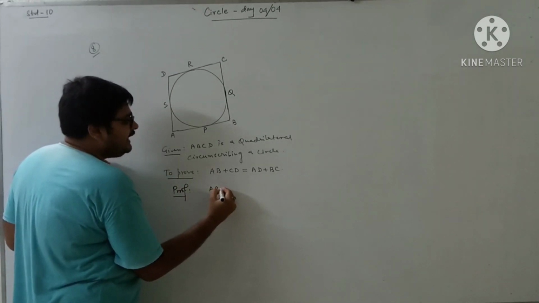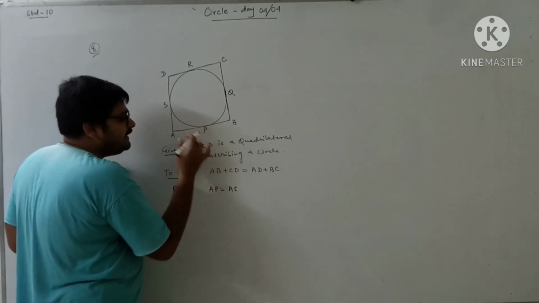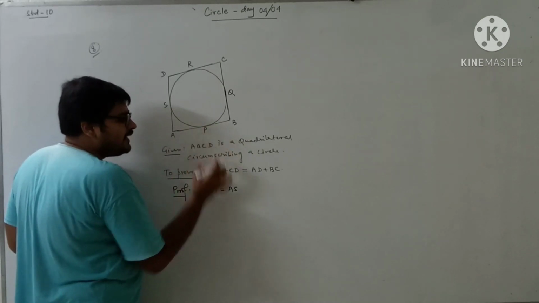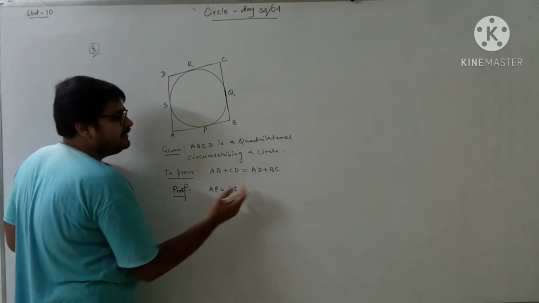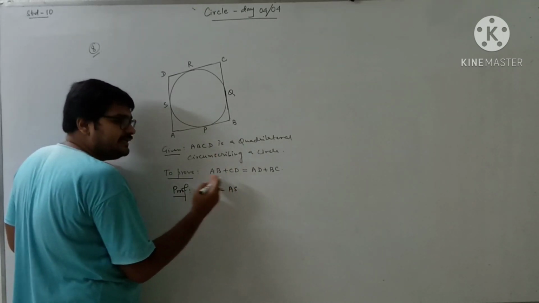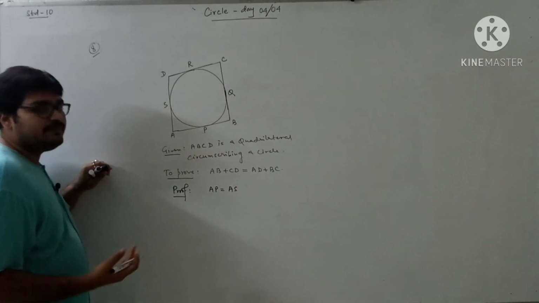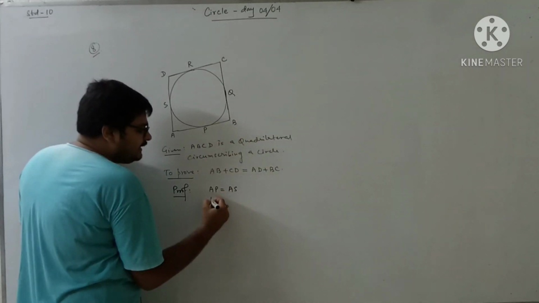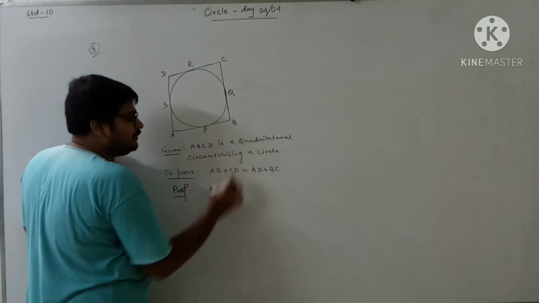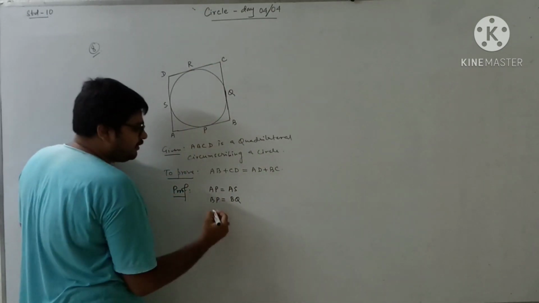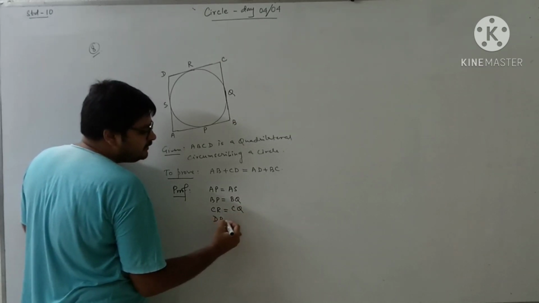So first of all, we can write AP equal to AS. See, what are the parts of AB? AP is a part of AB, so AP I have written in the left side. And AP is equal to which one? AS. So AS I have written in the right side. Whenever the parts of AB and CD are written in the left side, then automatically the parts of AD and BC will come to the right side. So no need to think about that. Similarly, we can write here BP equal to BQ. So I have completed AB because AP and BP both I have written. Now for CD we are thinking about CR equal to CQ and DR equal to DS.